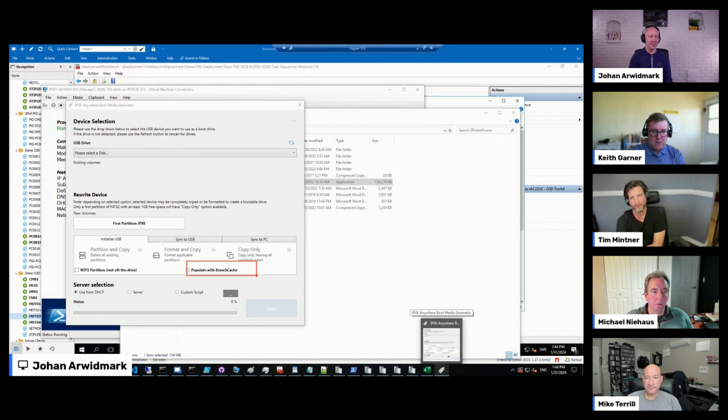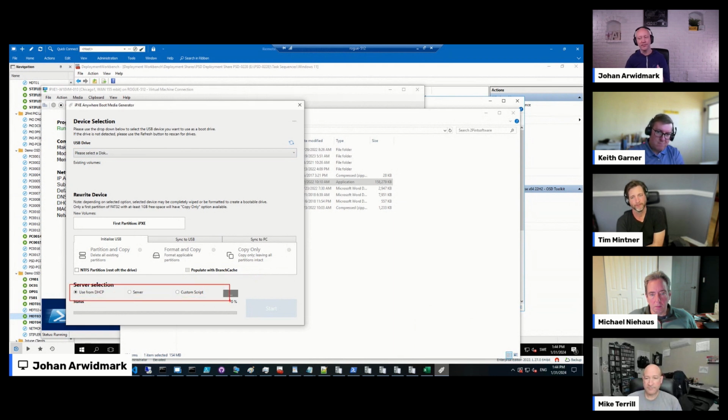So if you image device number 2 from that same USB stick, every time the sequence tries to download something, it's going to see, wait a minute, it's right here. And it's going to borrow it from the USB stick rather than from the web server. And this is what Mike was mentioning earlier. We have these different options to either ask for instructions or to specify instructions. We have the script that defines where we go to get content.